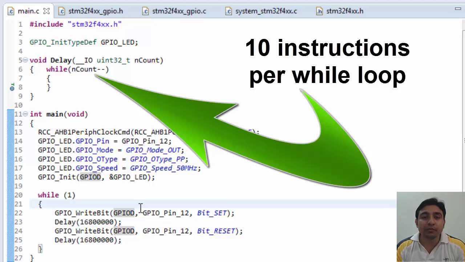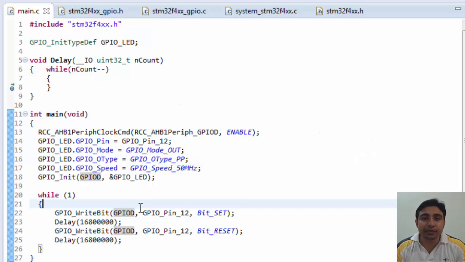That means if we pass number 10 in the delay function, then the loop will run 10 times, and on each loop 10 instructions execute. So we have total 10 into 10, that means 100 instructions total. Hence if we want a 1 second delay, we have to get 168,000,000 instructions.